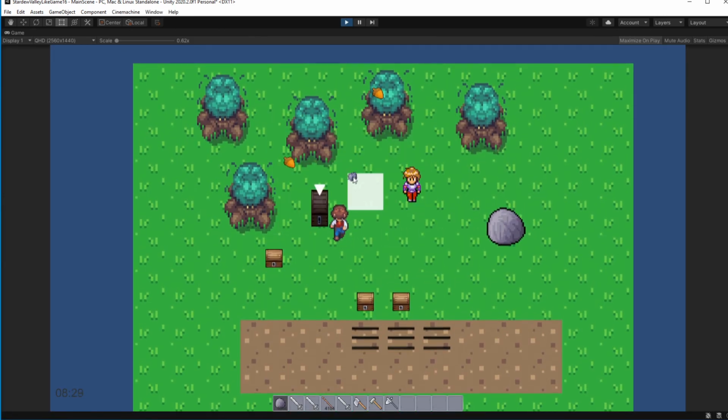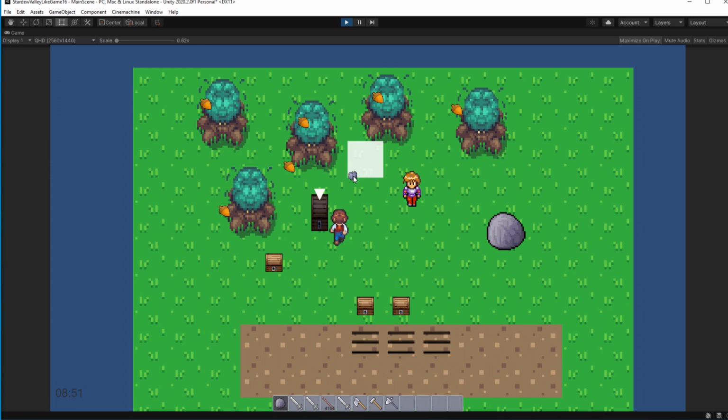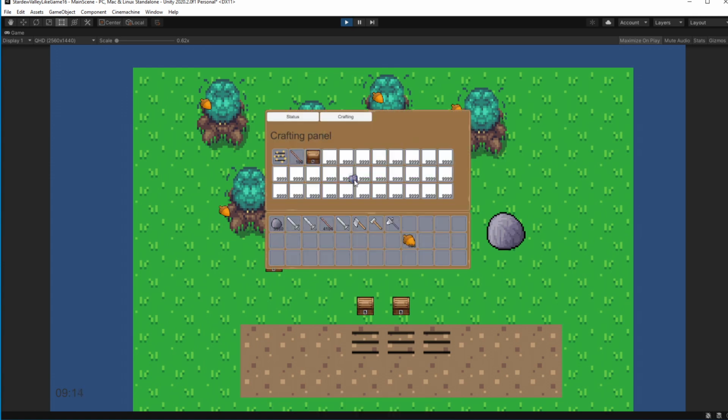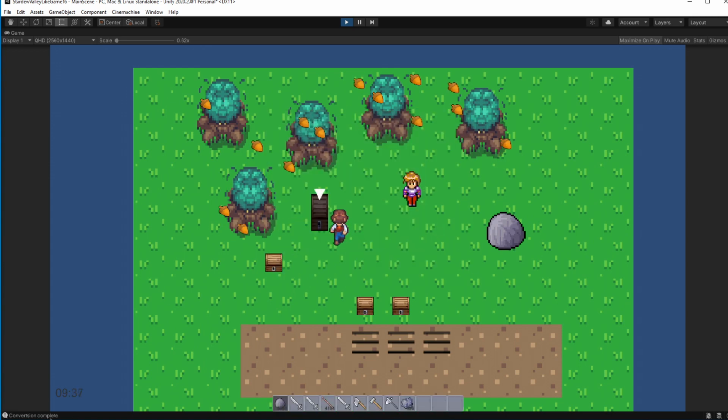Good. Don't forget to put your item back into the inventory or you will lose it after turning the game off.